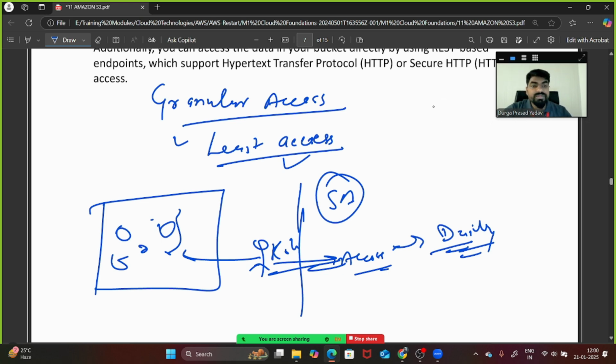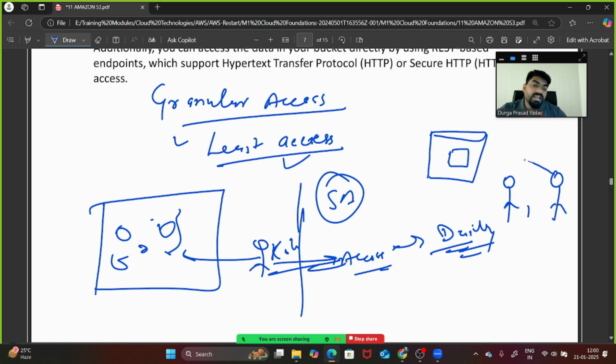quantify it? Let's suppose there is an object in a bucket. Now there are two users, user 1 and user 2. Giving the granular access means this user can read this object, and this user can read and write also, so he is getting list access. So this can come under granular access, right? Apart from it, they both do not have the access of the bucket, they have the access of this object only, not of the bucket, right? So you can have the clarity to whom you want to give the access,